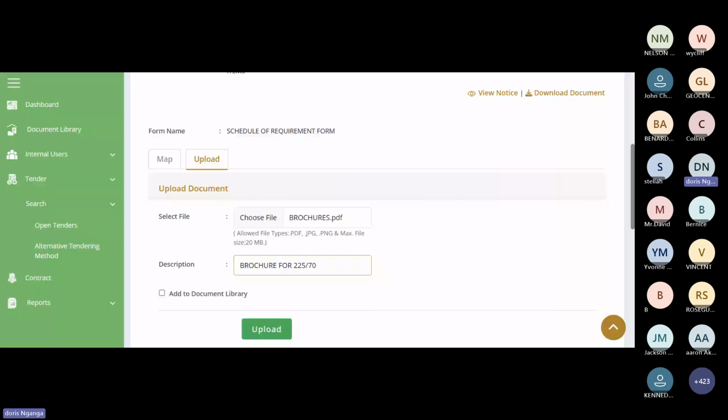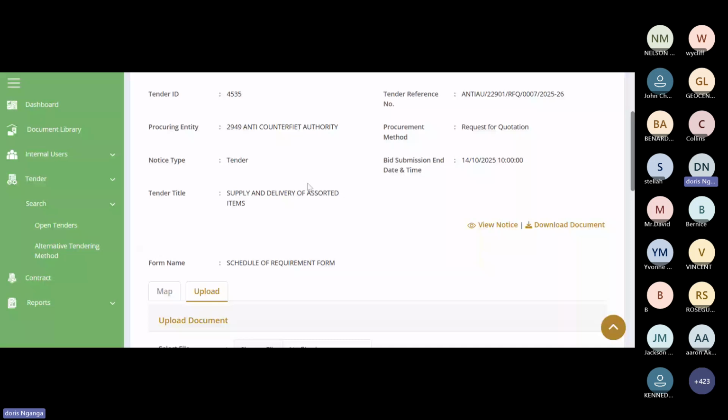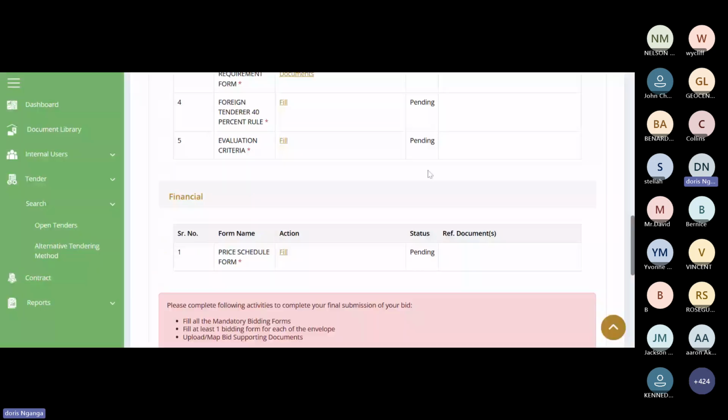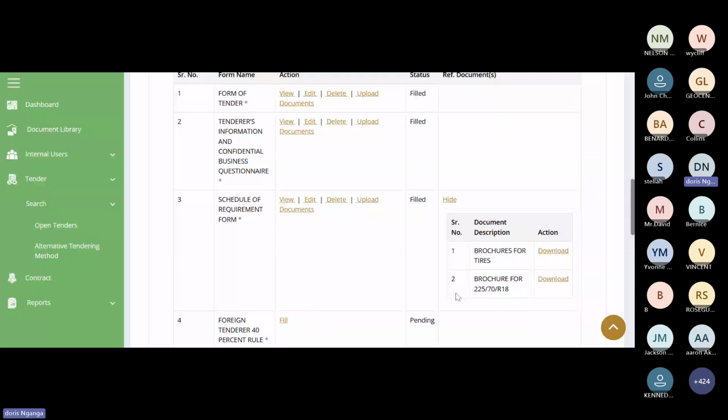So the system does not limit you to just one document. You can upload as many documents to support your bid submission. So if I go back to the bid submission and I click on display, I have more than one brochure. So kindly note, the system allows you to attach as many documents as you want so that you can support your bid submission.